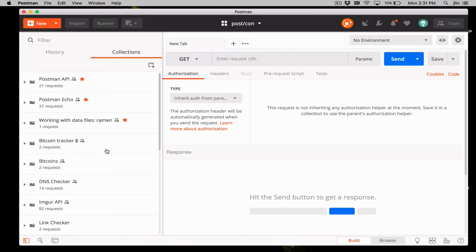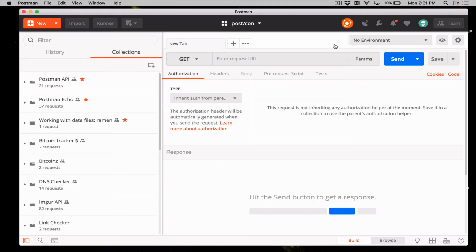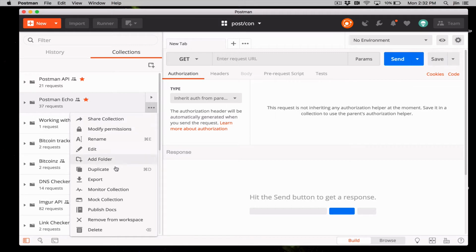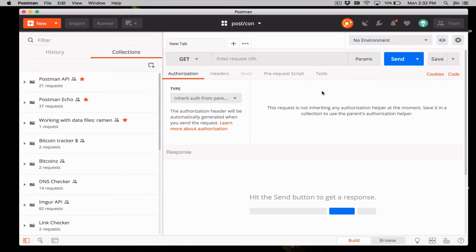Okay, so in the Postman app, we saw how to run a collection. Let's take a look at Postman Echo. Previously, we hit this blue run button to run it in the collection runner. But if I want to run it from the command line, I can click this ellipsis and export a JSON file and run it locally that way. So I can go ahead and export it. I think I have one already exported. So if I switch over to my terminal,